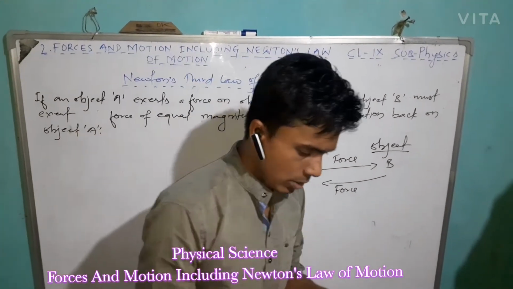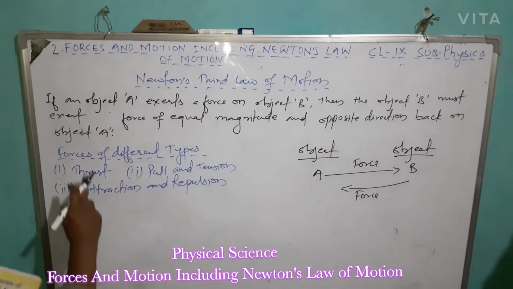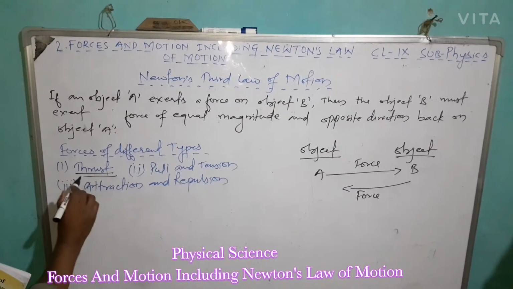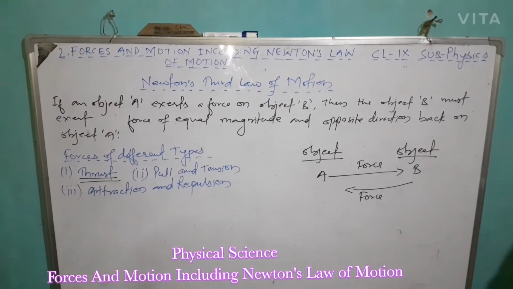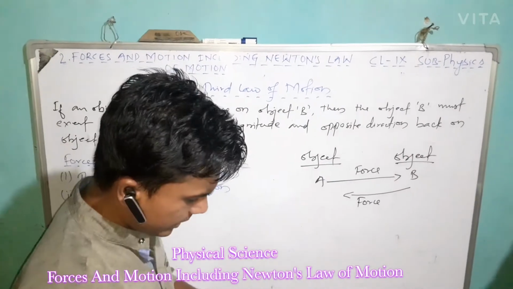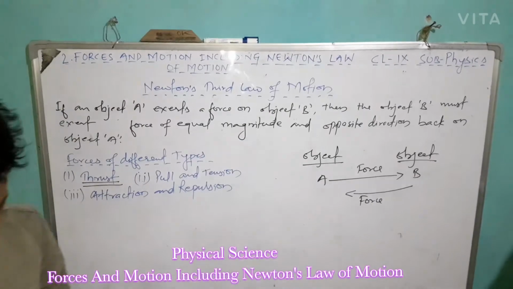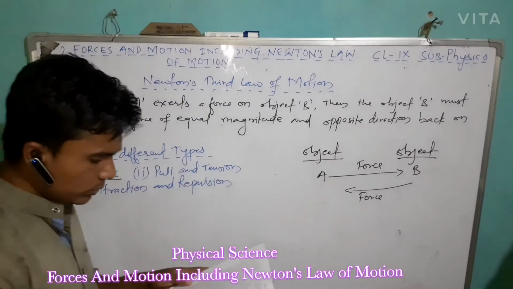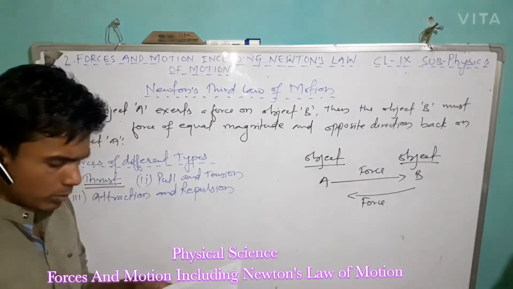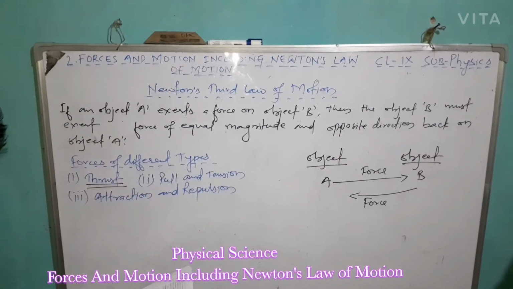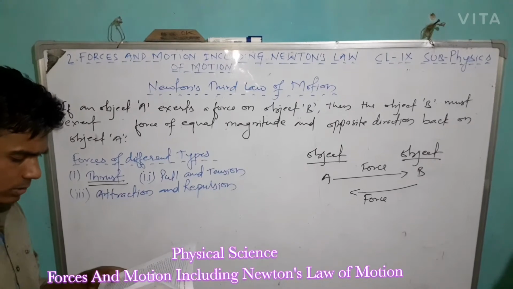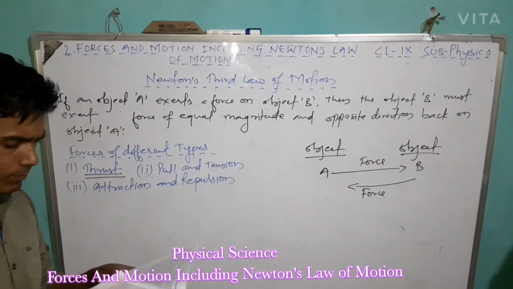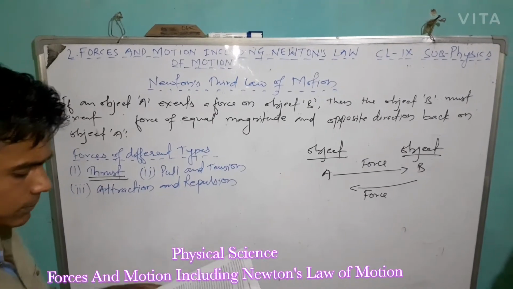Okay, let's take another topic. Now we'll talk about different types of forces. The first one we'll talk about is thrust, on page number 34. Here it is given: the force applied on a surface in a direction perpendicular or normal to the surface is called thrust. When a book rests on the table, its weight is a thrust on the table. Birds normally achieve thrust during flight by flapping their wings. Push is also a kind of thrust.